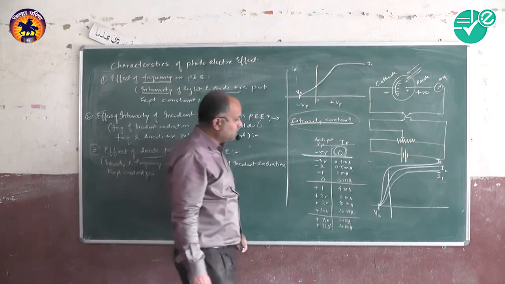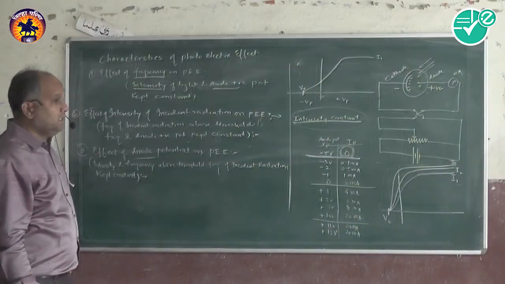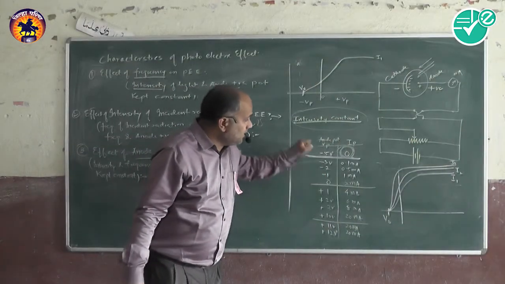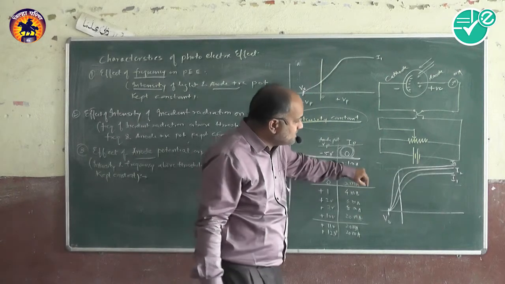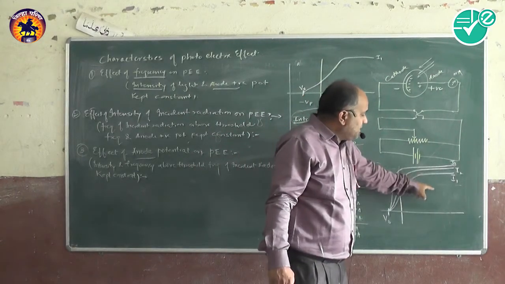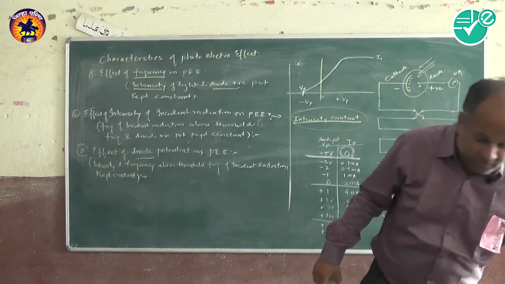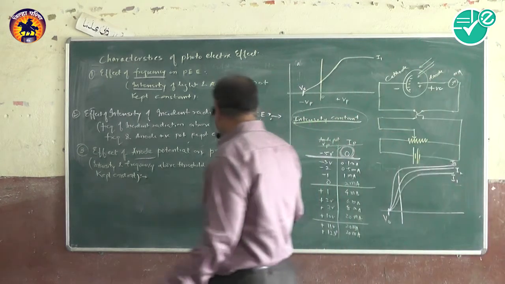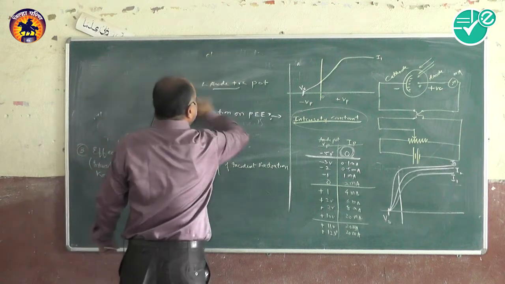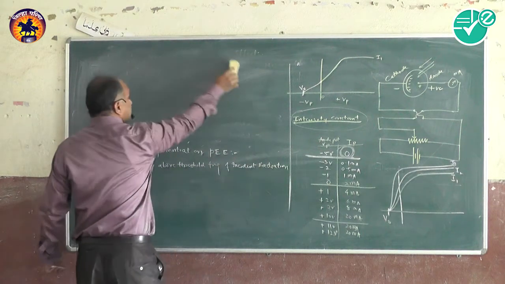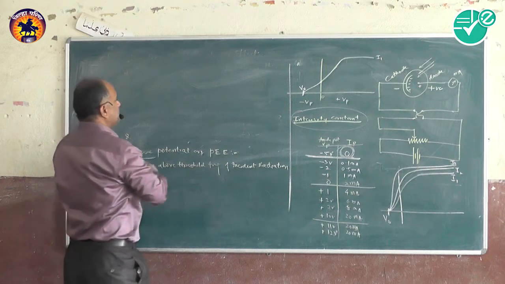Write down what you want to write now. Now, second aspect of this: here we have changed the intensity, and we have seen that on changing the intensity, the amount of maximum current is changing, but the stopping potential is not being changed. Now if I want to change the stopping potential, we have to increase the frequency. In the third characteristic, if I change the frequency of the incident radiation, then what will happen? Then the graphical nature will be in this way.